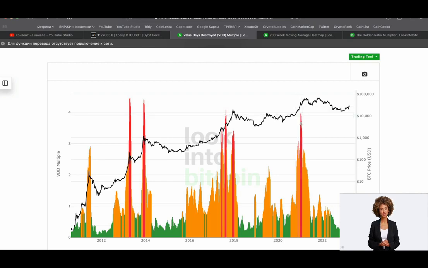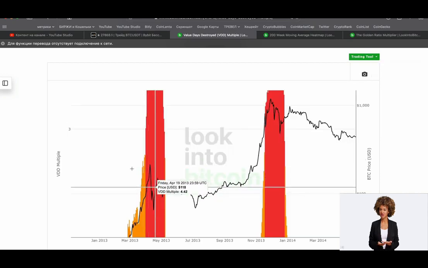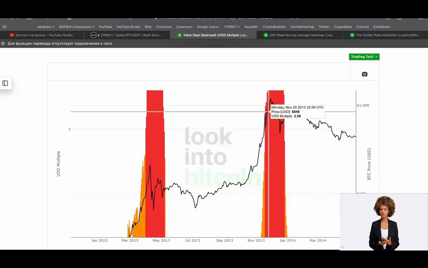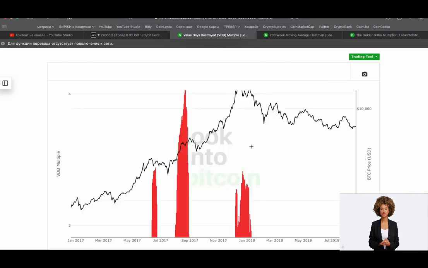In short, this one is interesting, but the trick here is that you see these chunks of surges here. Let's zoom in. Here you can see that the sales then happened, but the price of Bitcoin went even higher. You can see the same thing here. The spike happened, but the price of Bitcoin went even higher and higher. If you are going to use this indicator when you exit the market, keep in mind that